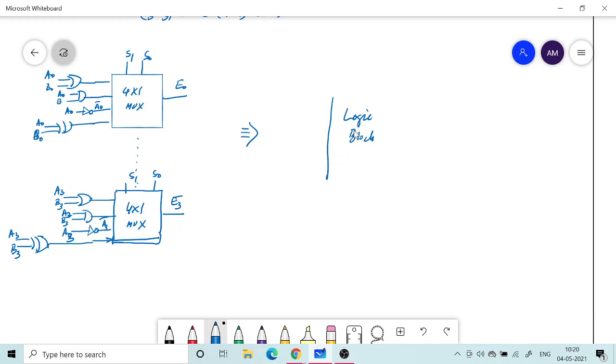So there are 4x1 multiplexers, and each of them has all these AND, NAND, OR, NOT, and XOR gates. Okay, so everything is going to be put in the form of a block, the logic block, and it has 4 outputs: E0, E1, E2, E3.